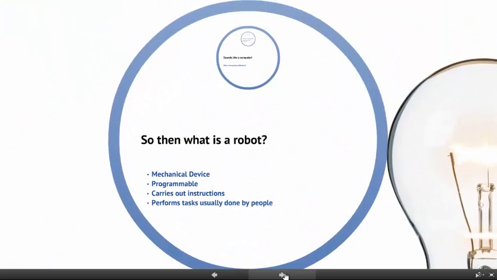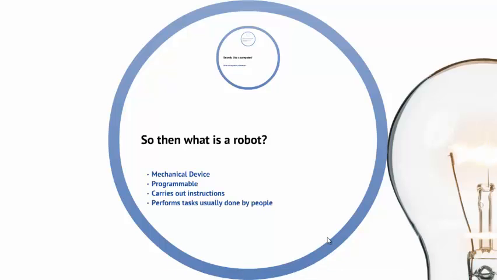So if that's the case, then what is a robot? If you did the research, you probably saw as you went through and tried to find different definitions that there are actually a number of different definitions for the term robot. Some can encompass things as simple as a programmable toaster, all the way to things like the Honda ASIMO and completely autonomous robots. So for the entirety of this course, we're going to define the term robot as meeting four criteria.